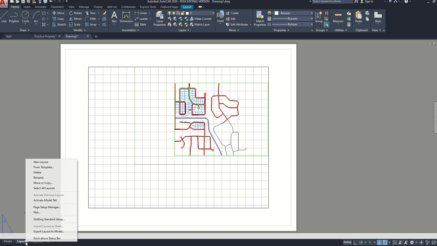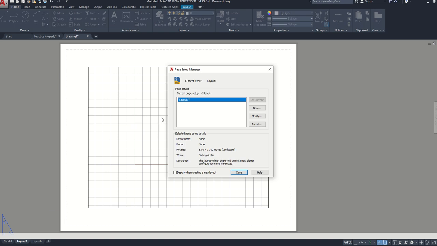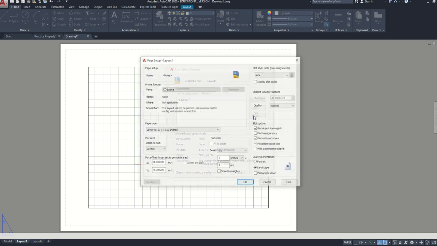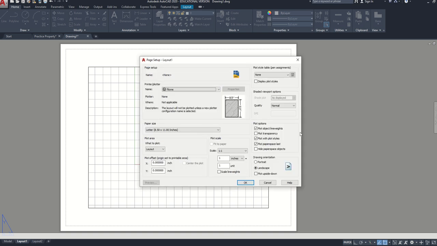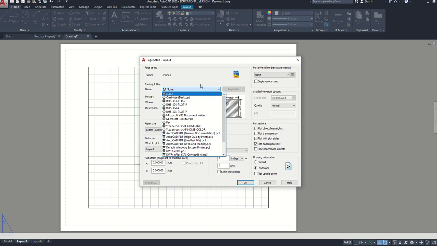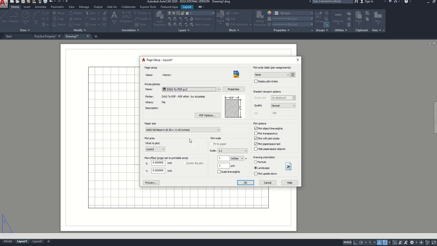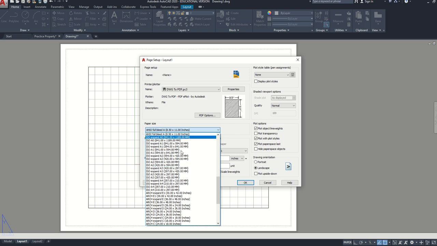So if you right click on layout 1 and you go to the page setup manager, you can see here, okay, layout 1 is selected. We're going to modify that. And we're going to change these properties to be the properties that I put in the instructions on how to create a D-size PDF. So first things first, we want to do DWG to PDF.PC3. Okay, and then there's so many different paper sizes. You guys are going to find